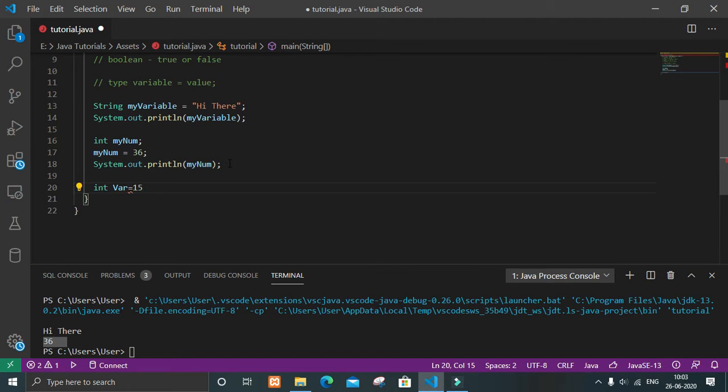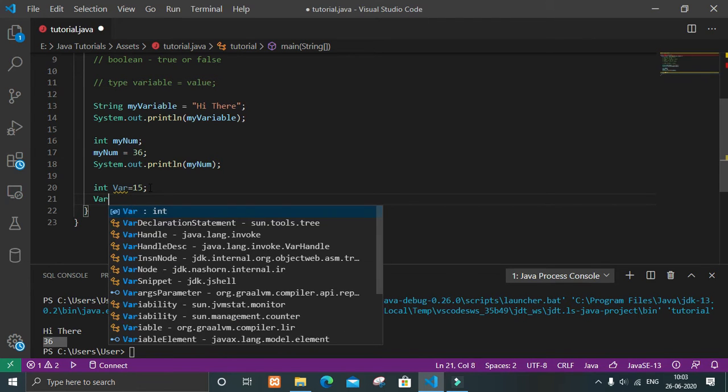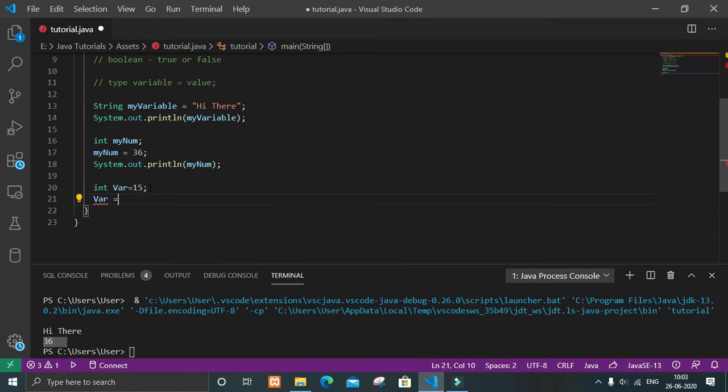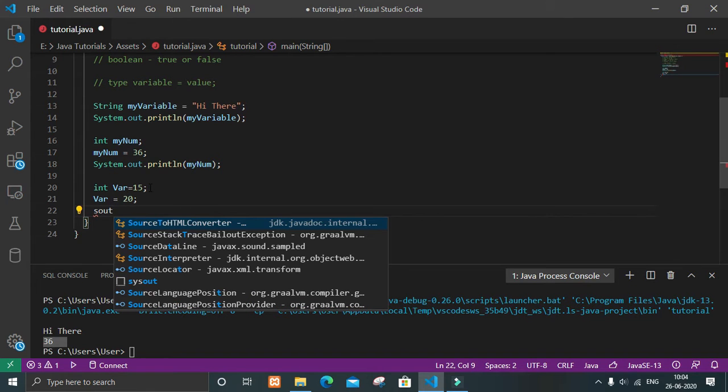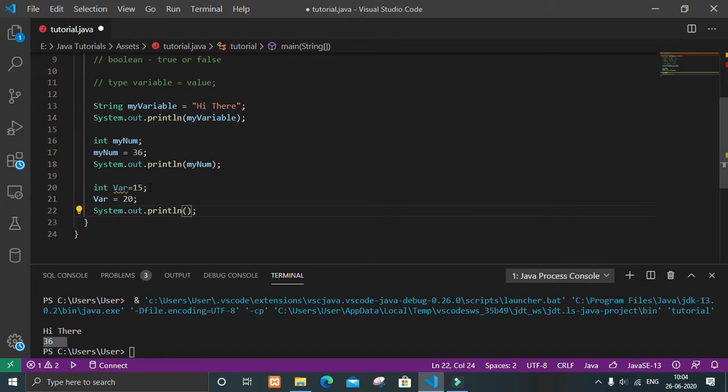So in the integer variable var we are giving the value 15, and after that in var we are giving the value 20. So let's print it by saying var.